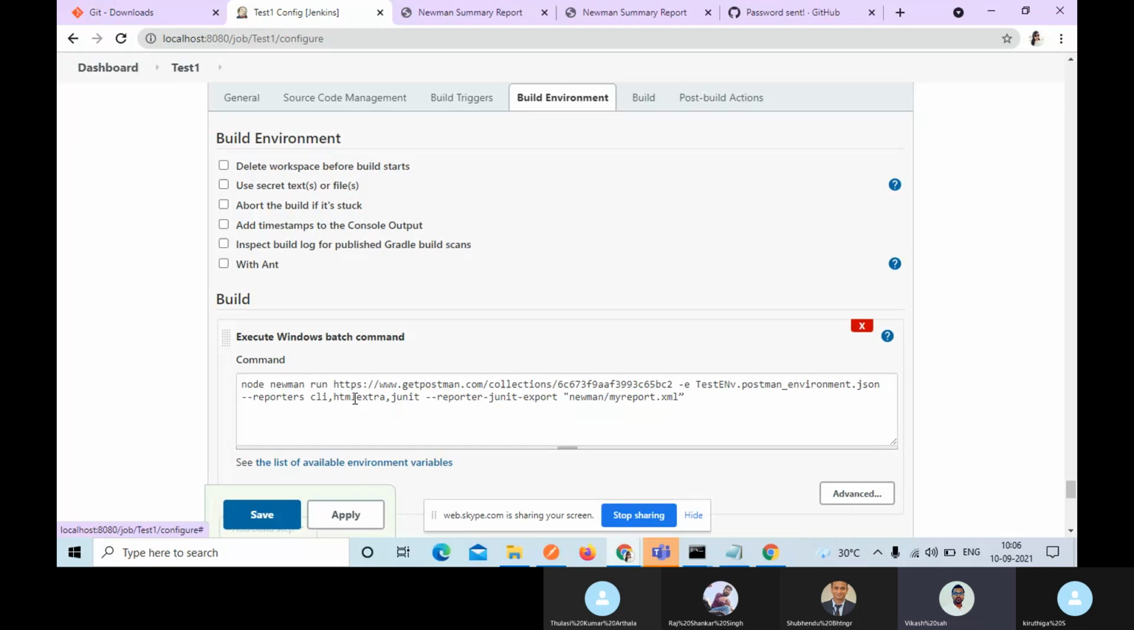It will create a Newman folder inside that particular bin, and here if you go,